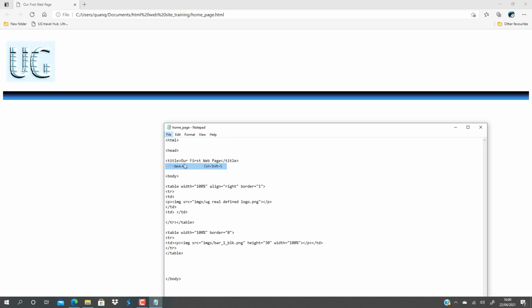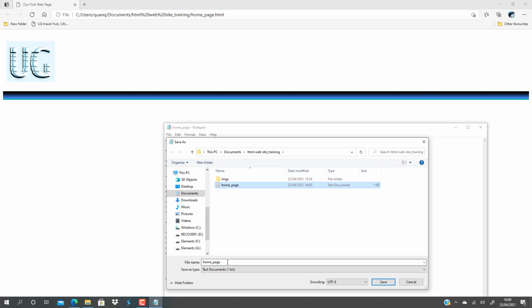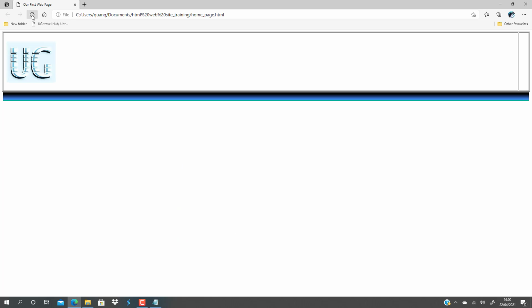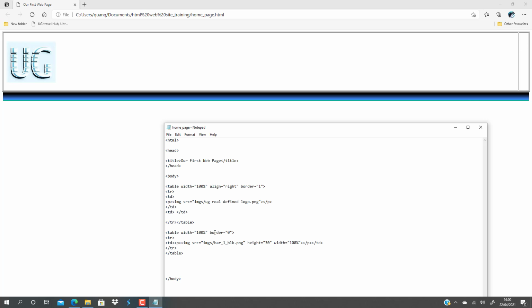file, save as, homepage.html, save, yes, refresh, and you see the outline. But where is the other table? It's exactly here. This column is there. So if I said to this column here,